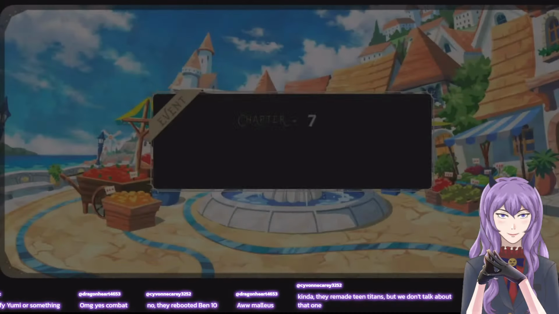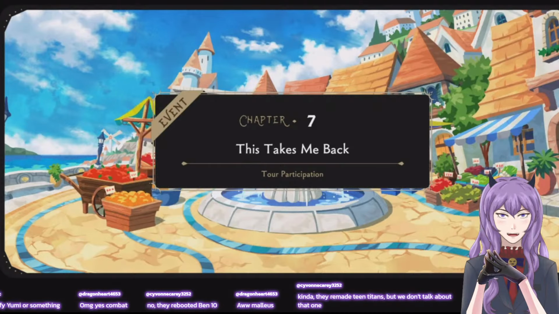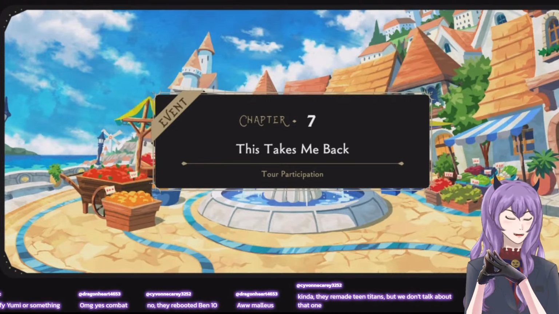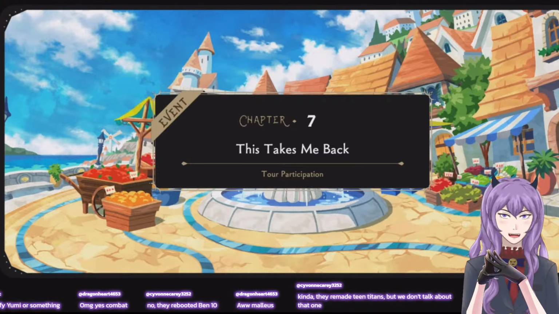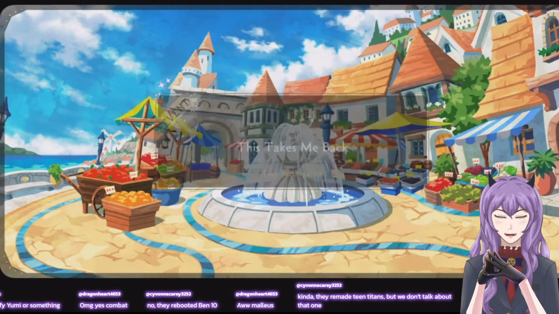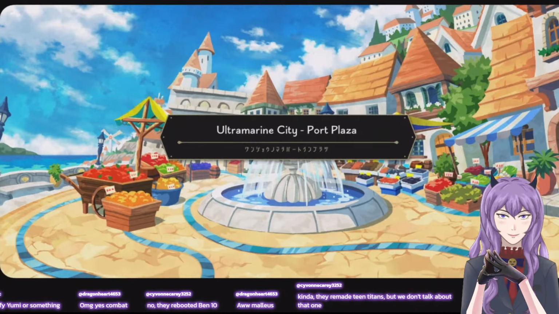Kind of. They made Teen Titans Go, so we don't talk about that one. Is that Teen Titans Go, or is that different? I remember watching a Teen Titans movie when I was in flight going somewhere. I'm like, okay, let's watch it. But it seemed to be different from the regular Teen Titans. The movie wasn't bad though.